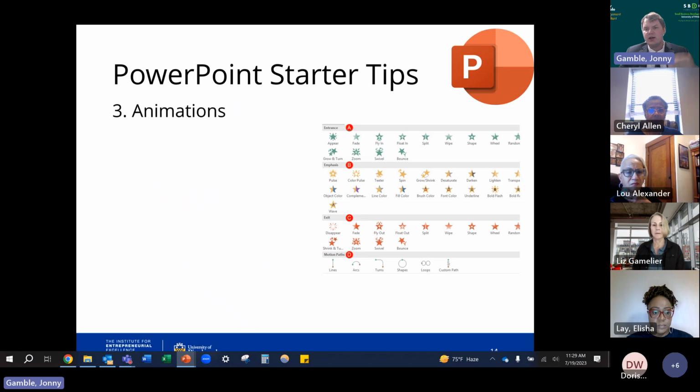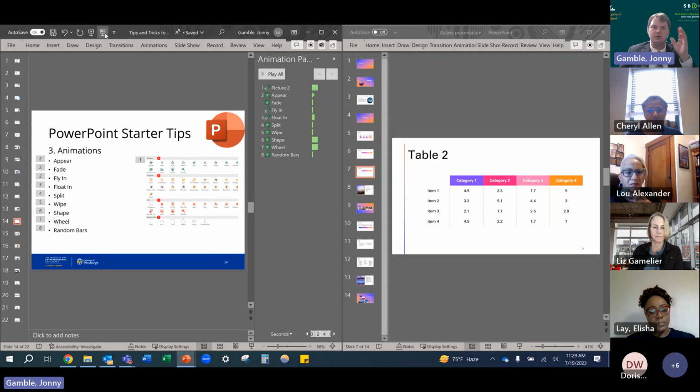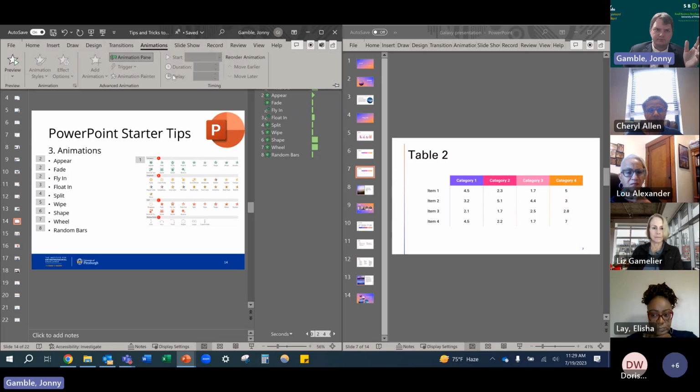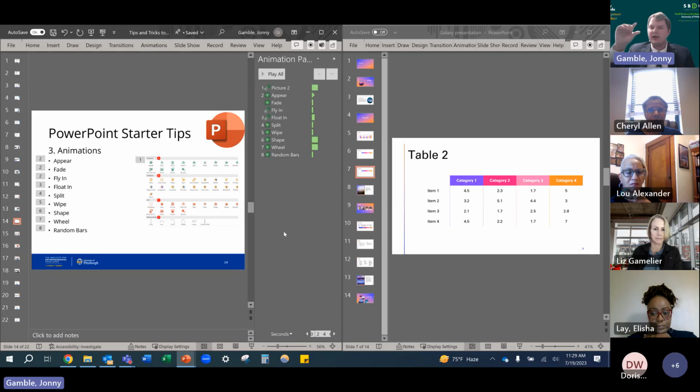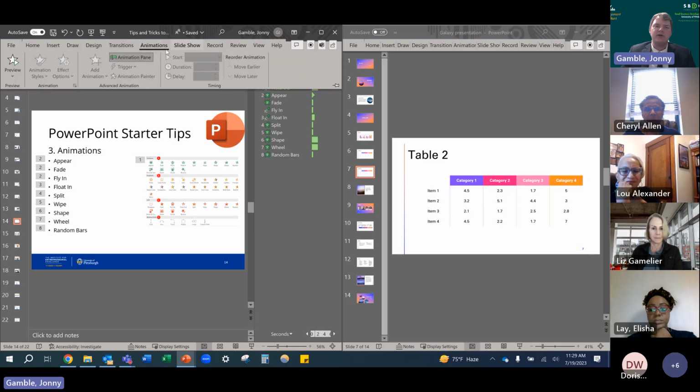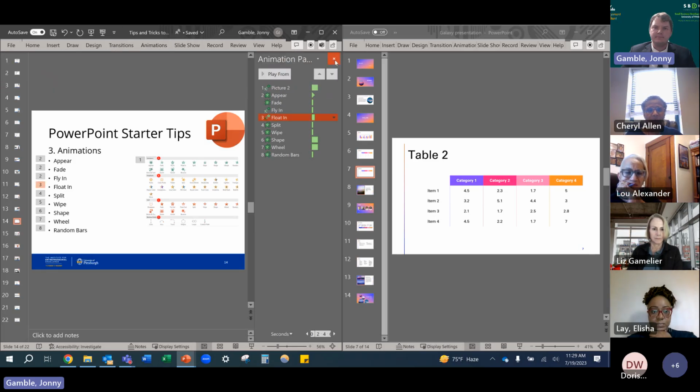And I set the first 3 lines to animate all at once. So wow, they all did. The one appeared, the one faded, the one flew in all at once. So you can set up animations with this animation slide right there. But you can really try to get into the nitty gritty of what those animations look like using the animation pane on the right-hand side, also found under animations at the top.